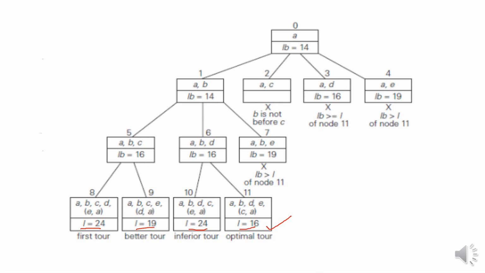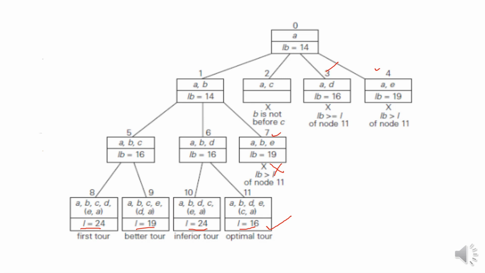We still have nodes 7, node 3 and node 4 which are not yet terminated. So let us see whether we need to expand them or not. This can be decided only when comparing the value of the solution obtained. This is our best solution that we got. We need to compare this value, that is 16. So we compare 16 with the lower bound value of node 7, that is 19. Now this value 19 is greater than the value of 16. Hence now we kill this particular node. That means we need not expand this node, so we terminate it because it is non-promising.